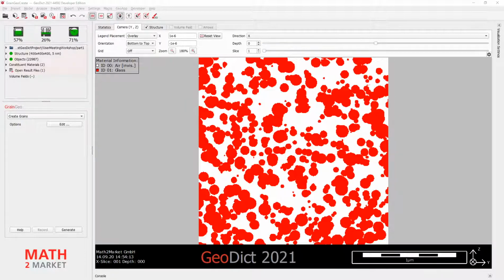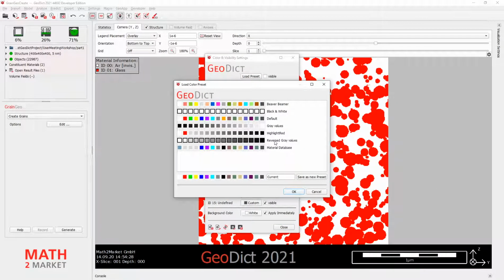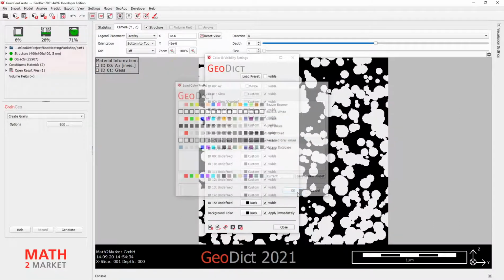Okay. And to make it look like a little bit more like the SEM images we have seen before, I will go and change the view settings here. So first click here on this color and visibility settings. And I click on load preset and say first your values.